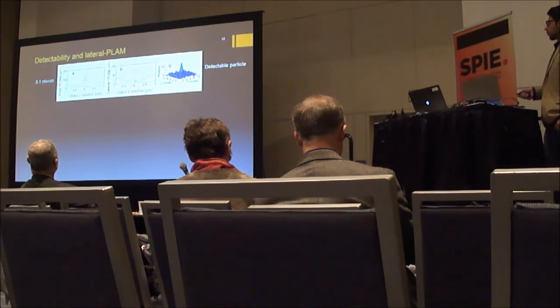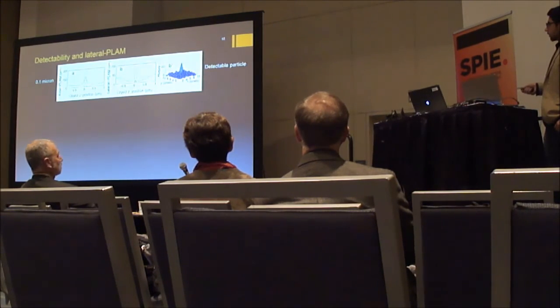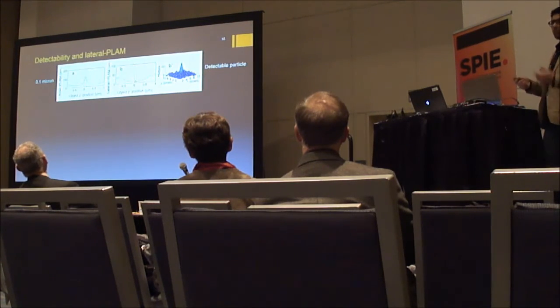So we again start with the small spacing. The left-hand side panels are the axial plan, just copied from the previous slide for reference. The middle ones are the lateral plan, which we're studying now. And these ones are going to be the simulated image of the single molecule at this position, which is actually in the middle of the distance between the two focal planes. Again, the dashed lines are the focal planes.